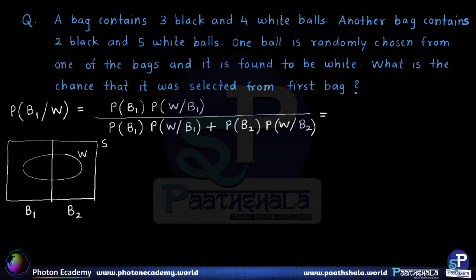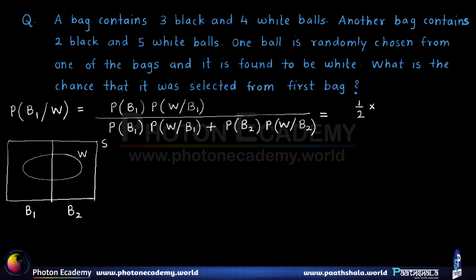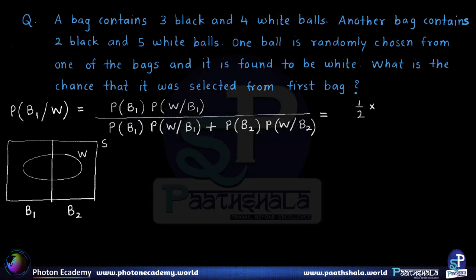So this is further equal to, now we have to substitute and calculate. Probability of B1, the first term in the numerator, we know is half, because both the bags have equal chances to be selected. Now probability of white given B1, that means if we have selected first bag, what is the chance for the ball to be white? Here there are 3 black and 4 white balls, so total 7 balls, out of which 4 are white. So its probability is 4 by 7, divided by, as we know, the first term is the same as the numerator,